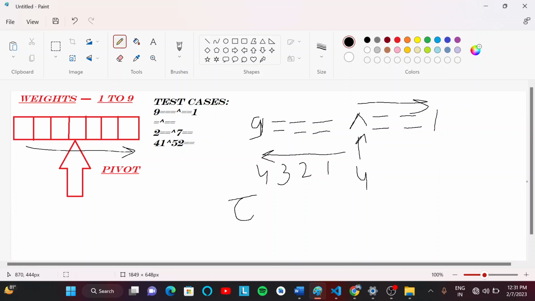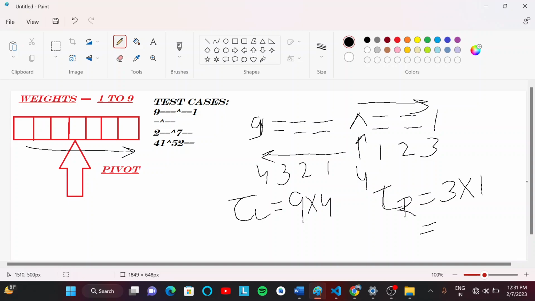By the torque concept, the left torque equals 9 multiplied by the distance 4 from the pivot index, and the right torque equals the distance from the pivot index, which is 3, multiplied by the weight 1. This is 3 and this is 36. Then after comparing